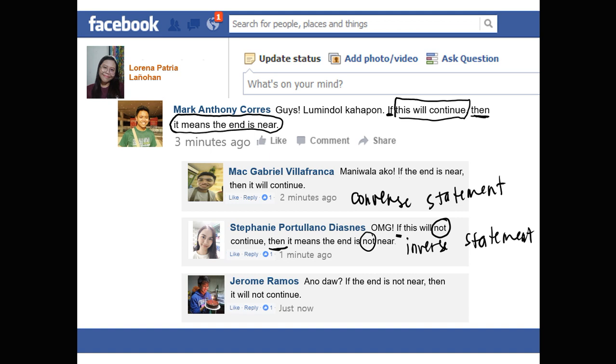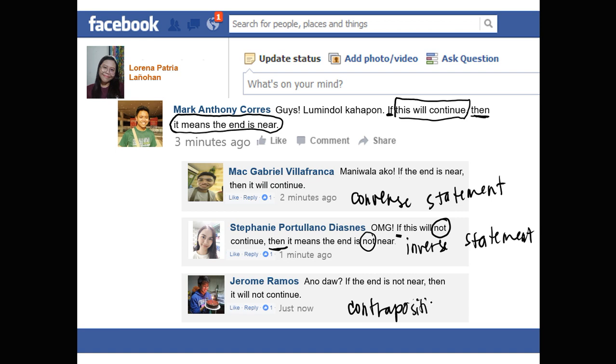So, as you can see po, kung i-compare natin siya doon sa post ni Sir Mark, ang ginawa ni Sir Jerome, in-interchange niya muna yung given na statement, tapos nag-negate siya ng word na not. Nag-interchange na, nag-negate pa. So, kung magbe-base na lang tayo sa reply ni Ma'am Steph, para makuha natin yung kay Sir Jerome, ang ginawa na lang ni Sir Jerome is nag-interchange na lang po siya. And that is a